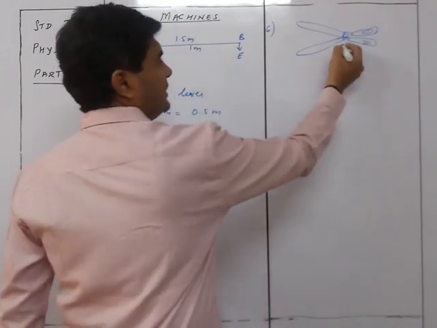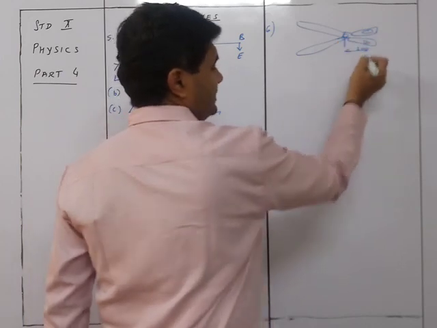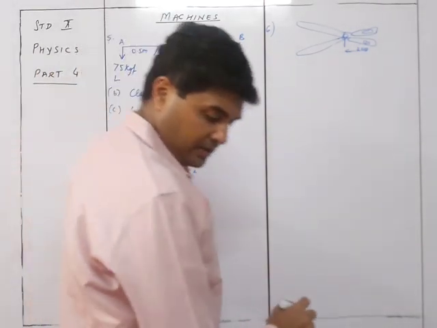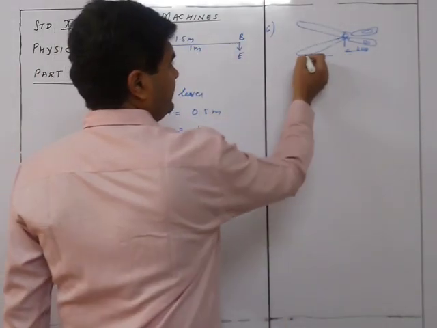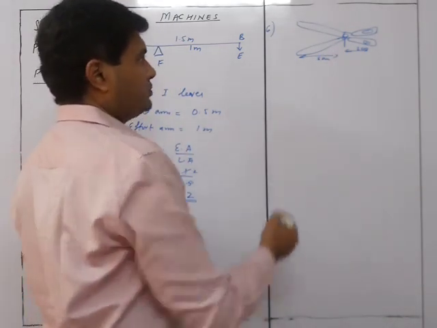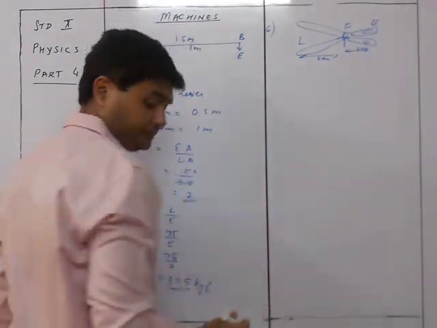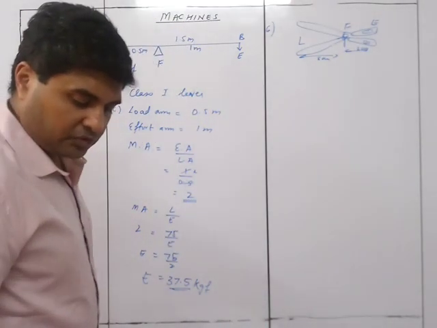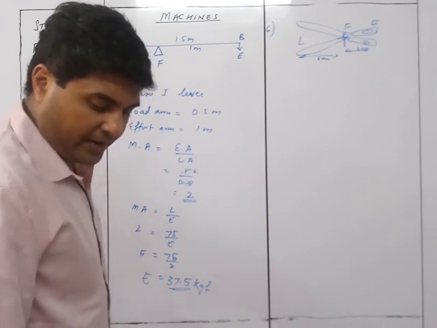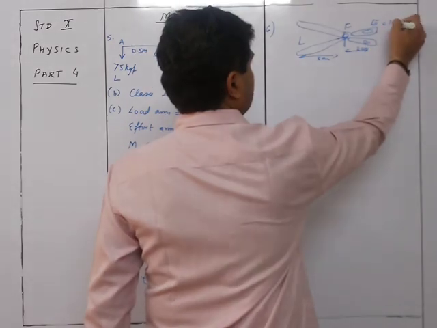Okay, these are scissors. From the rivet, the distance over here is 2 centimeters, whereas the cloth is kept over here for the distance of 8 centimeters. So this is what is given. Of course this is the load, this is the fulcrum, and this is the effort. First of all, they asked us the effort required, an effort of 10 kgf. So here effort is equal to 10 kgf.